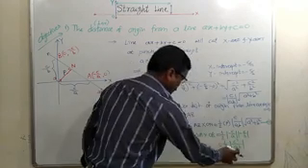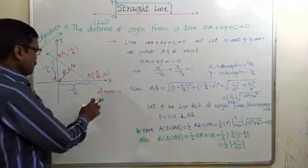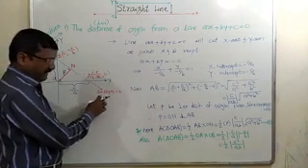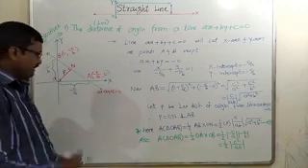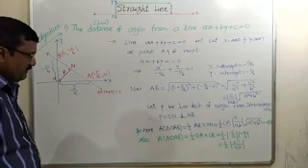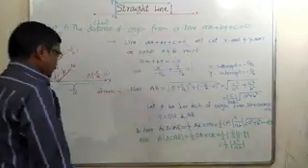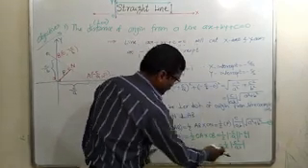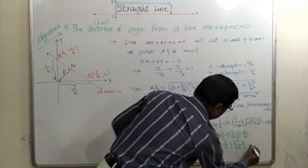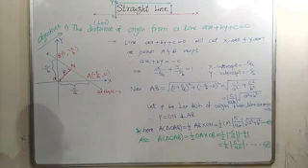Here this C square is positive, but for the product of A and B, we can't say whether it is positive or negative, because it depends on the values of A and B. If A is negative, B is positive, then AB will be negative. If both are positive, that will be positive. If both are negative, then AB will be positive. So we get once again the area of triangle OAB is equal to 1/2 mod of C square upon AB. So this is the second way that we have calculated the area of triangle OAB.